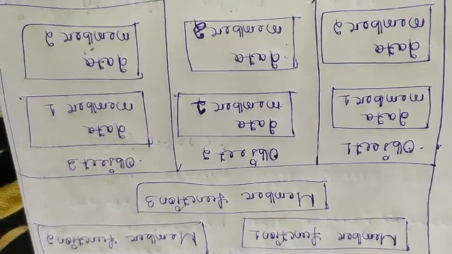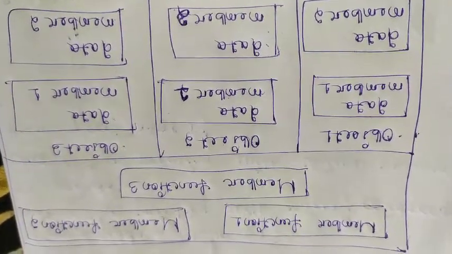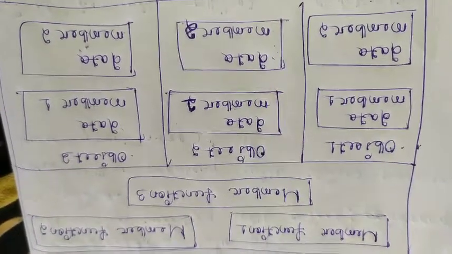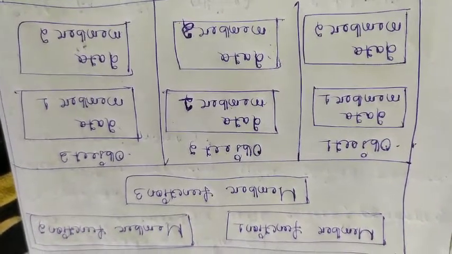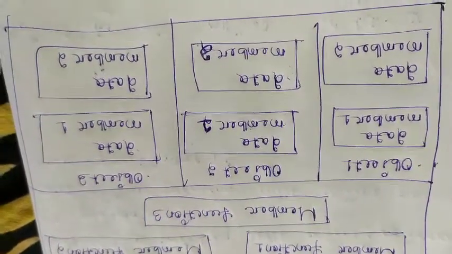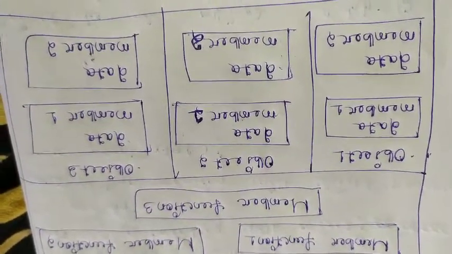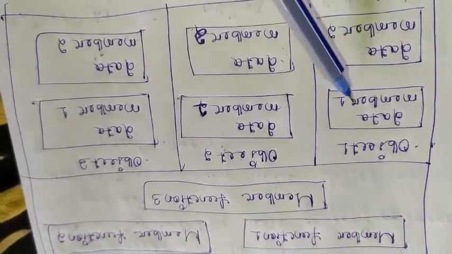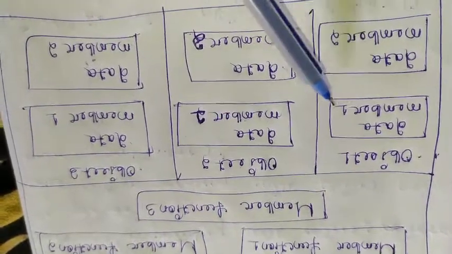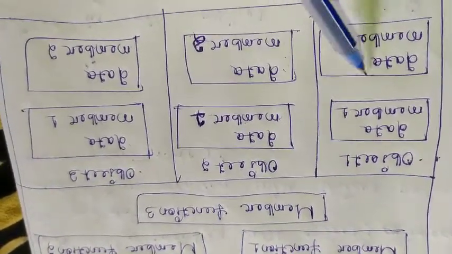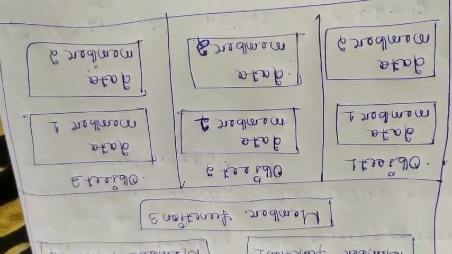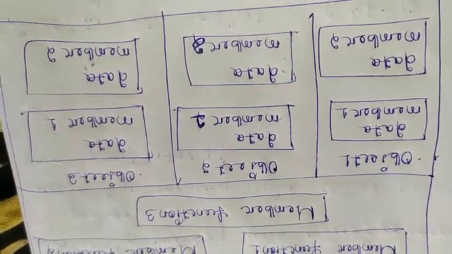That means only one copy of the member functions is maintained, and it is shared by all the objects of the same class. Only space for data members is allocated separately for each object. For every object the data members are different. Every object has its own copy of the data members, but every object must share a single copy of the member functions.